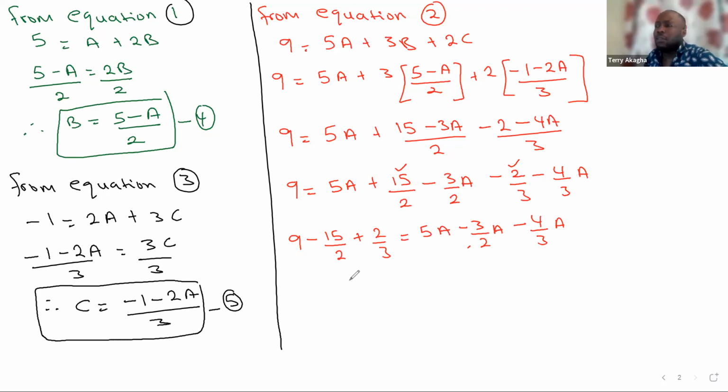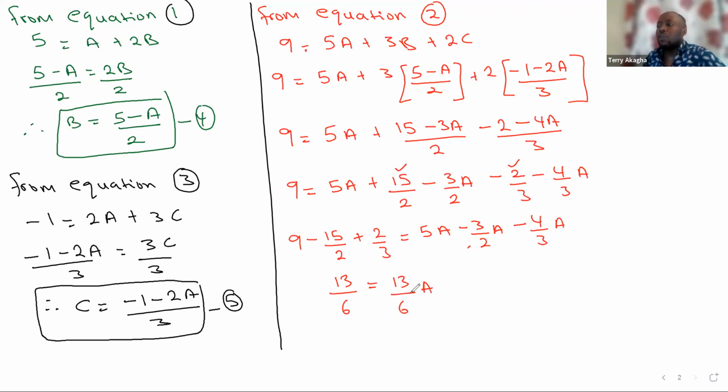About 13. If you press your calculator, where's my calculator? So I can try this. So it'll be 9 minus 15 over 2 plus 2 over 3. And that should give you about, let me get my calculator just a second. All right, so from the calculator I'm having here, it should be 13 over 6. Then when you put 5 minus 3 over 2 minus 4 over 3, it's also giving you 13 over 6a,